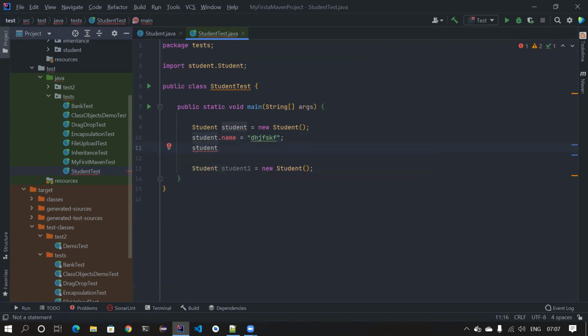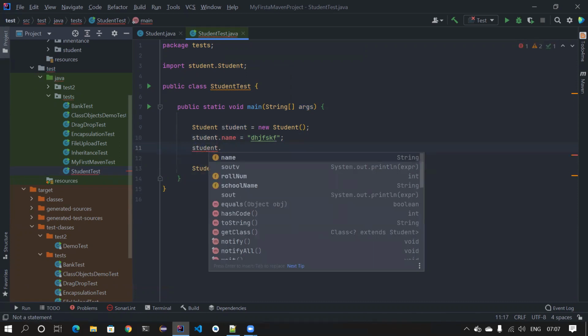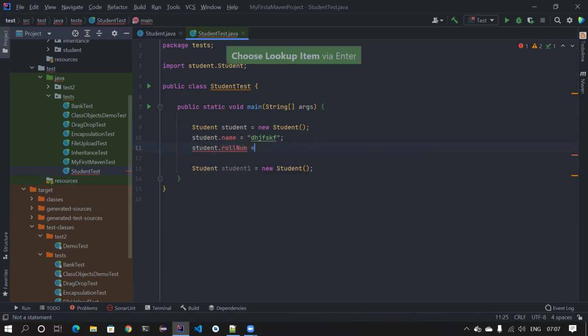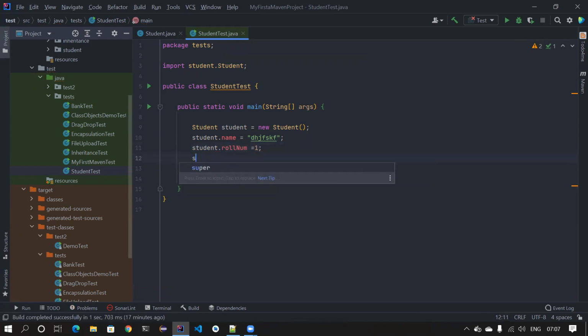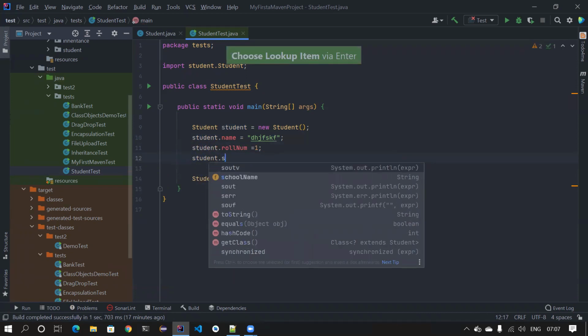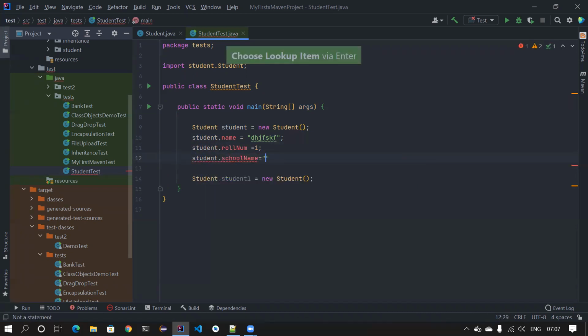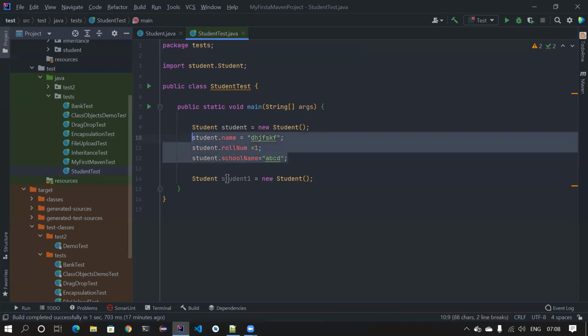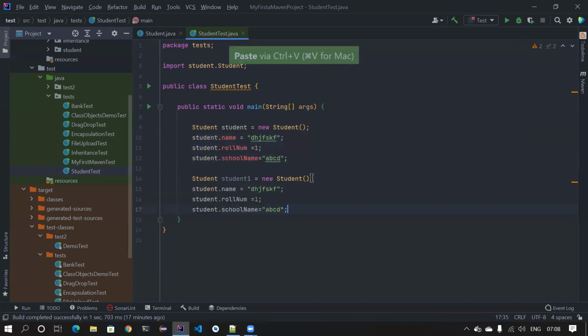Maybe you can use a constructor or certain methods, whatever you feel comfortable with, but for simplicity's sake I'm using it like this, okay? Maybe this is just a roll number and student school name. Let's say the school name is ABCD, right? And let's also copy this, and then student one. For student one we also need to give some name. So this is the name of the second student and the roll number is 2, but the school name remains